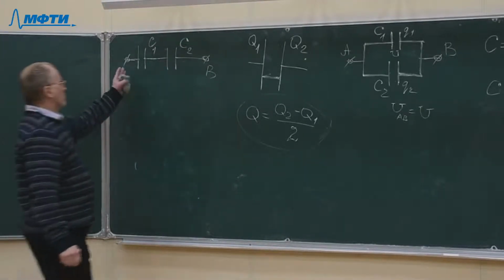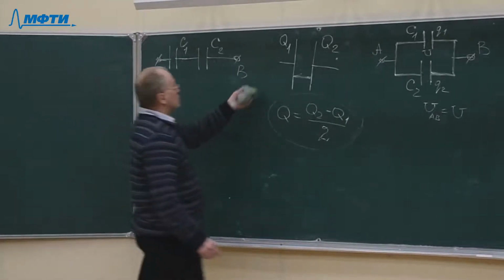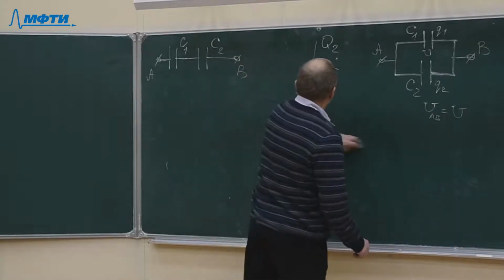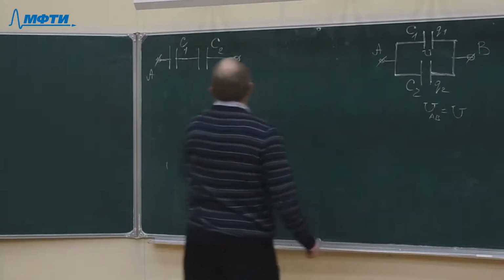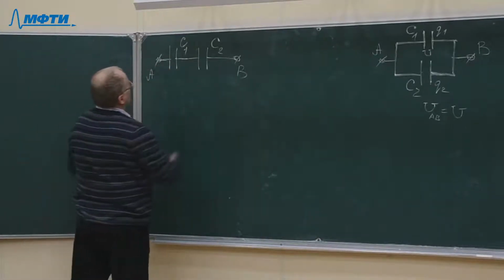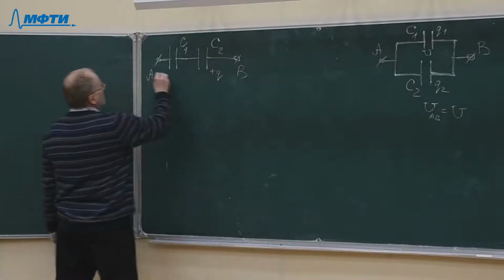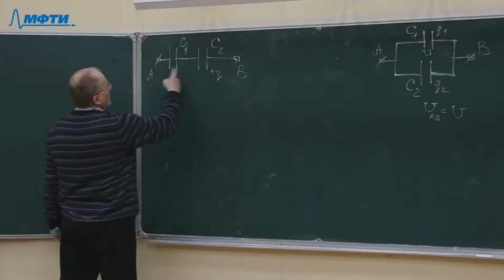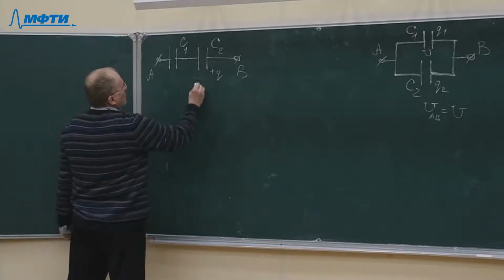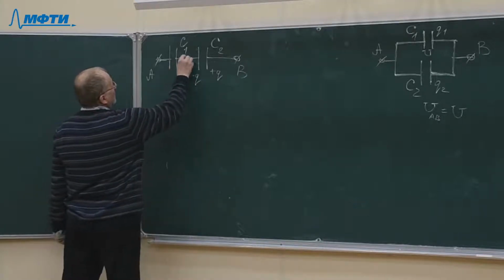And then there may be several such capacitors. For simplicity, I consider just 2 of them, but you may consider more. It's not a problem, it's very simple. So what happens here? If we charge this circuit, if we put some charge plus Q here, then this plate will obtain charge minus Q, because the electrons will flow from here to here,